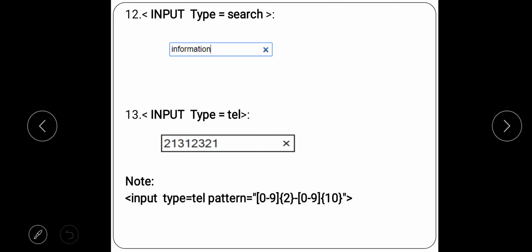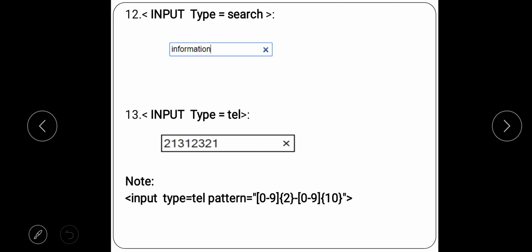After that there is a hyphen. And now again square bracket 0 to 9, square bracket close. Now this time I want the actual mobile number, 10 digits of the actual mobile number. So the first part was the country code, dash, and the second part is the actual mobile number consisting of 10 digits.